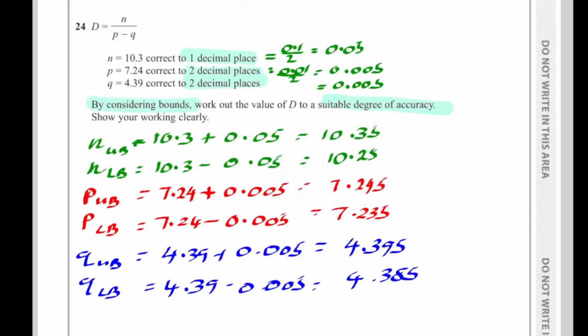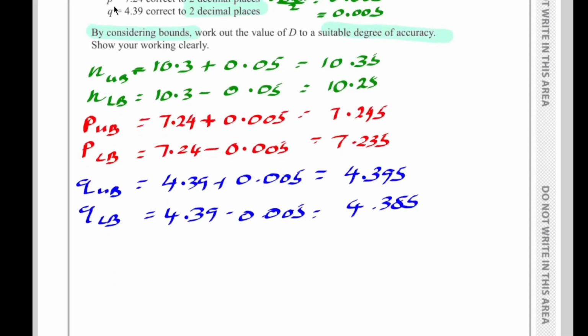By considering bounds. Here you've been given in the question, by considering bounds. When the question says by considering bounds, you have to leave your answer to a suitable degree of accuracy. You got to get both upper and lower bound of D. So let's try to get both upper and lower bound of D. Then I know that D equals